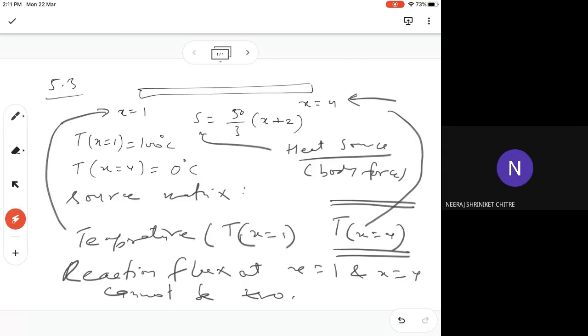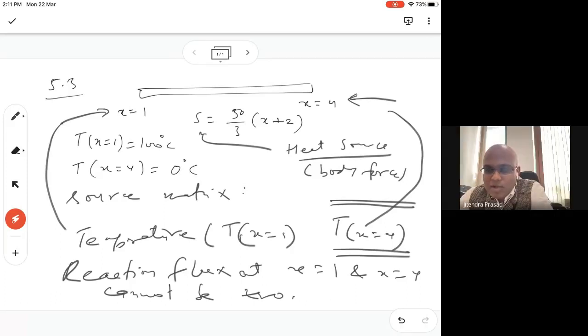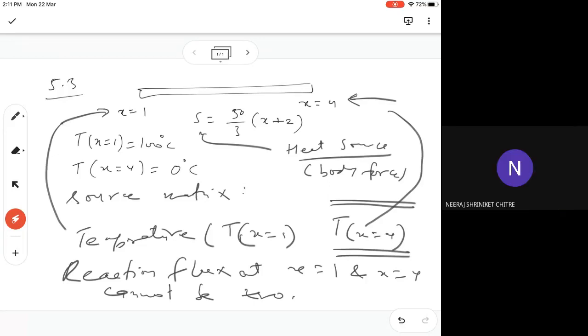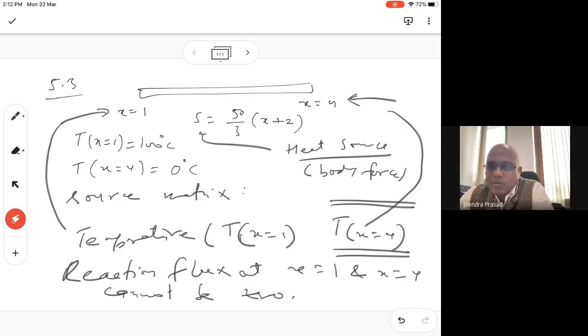Sir, I asked what it means when the boundary flux matrix is 0. So it just means that we don't have to consider any extra flux. Right, you don't have to consider any extra flux. So that statement has nothing to do with the problem. You just ignore that statement and just solve the problem. Okay, sir. Thank you. Okay, so what was the next question?